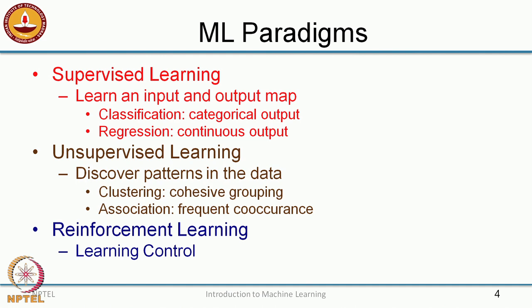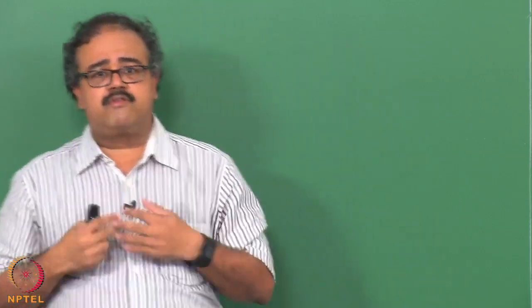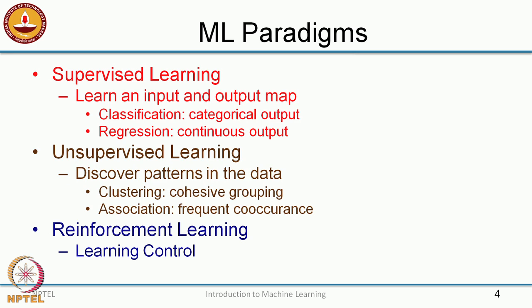The other popular unsupervised learning paradigm is known as association rule mining or frequent pattern mining, where you are interested in finding frequent co-occurrence of items in the data that is given to you. So, whenever A comes to my shop, B also comes to my shop. So, those kinds of co-occurrences. So, I can say that if I see A, then it is very likely that B is also in my shop somewhere. So, I can learn these kinds of associations between data. And again, we will look at this later in more detail. There are many different variants on supervised and unsupervised learning, but these are the main ones that we will look at.